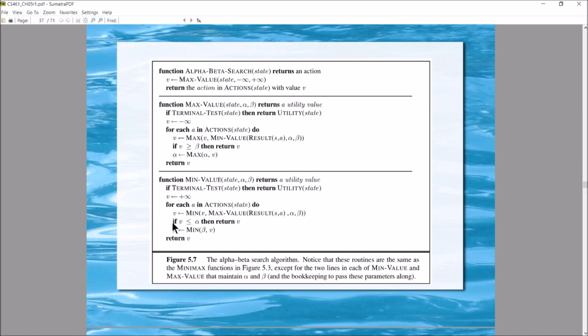Okay, so if you ever have a value that is less than the best thing for Max, go ahead and return it right now. Right? Don't worry about learning anything else or looking at anything else, right? So this corresponds to